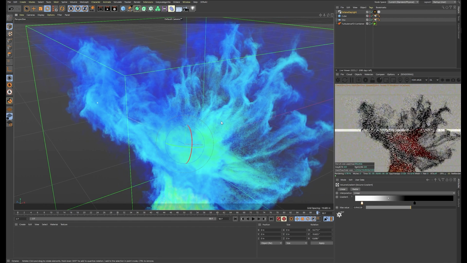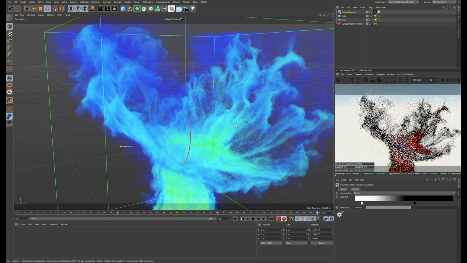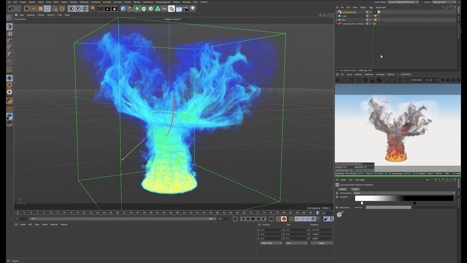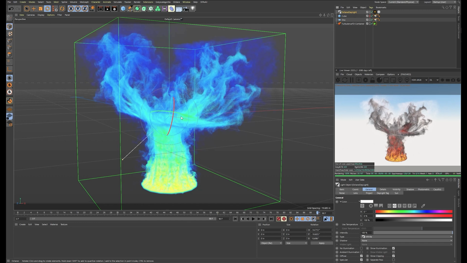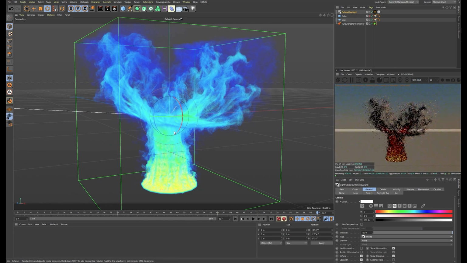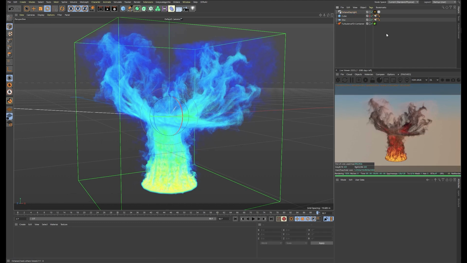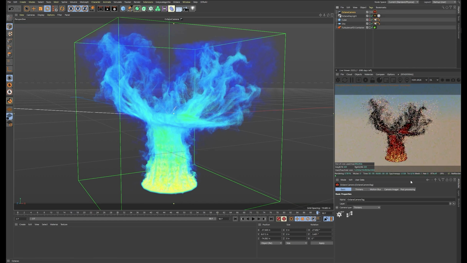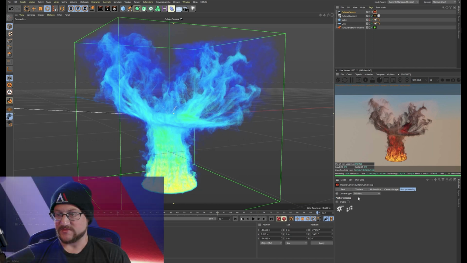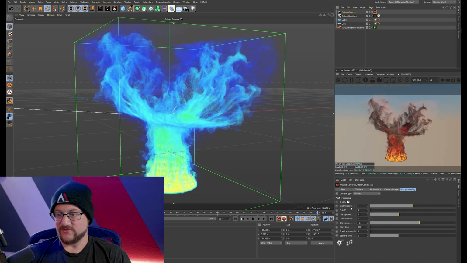I kind of like how that looks right now, so I'm actually going to leave it in while we do this. And like I was saying, I'm going to go in and add a little bit of glow to this to give it a little more realistic look. I'm going to take my daylight and I'm going to make it a little bit darker. And then I'm going to go to my camera for this scene, which I actually haven't set up yet. I'm going to do an Octane camera, and it has post controls. If yours doesn't have post controls, you could do this in After Effects or something, but I'm going to enable